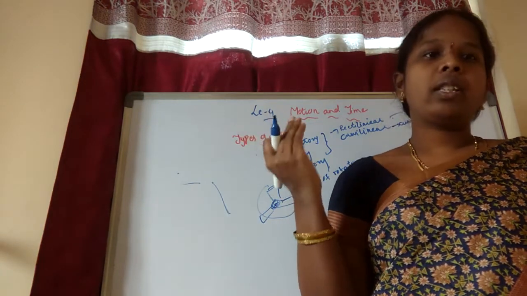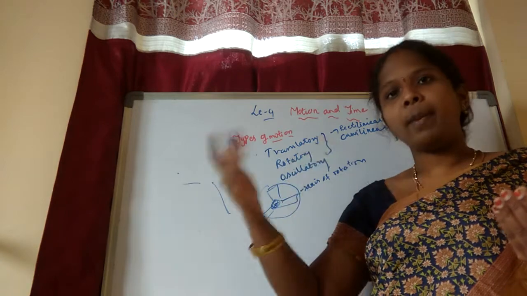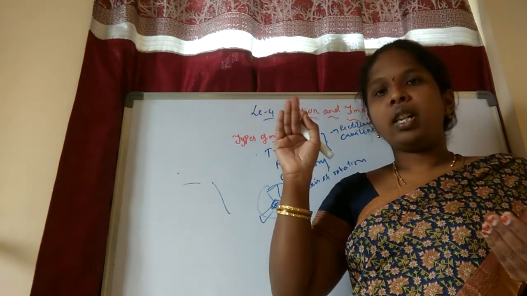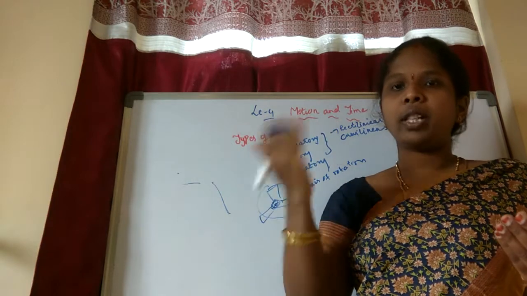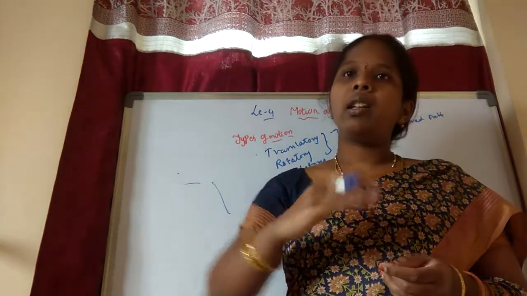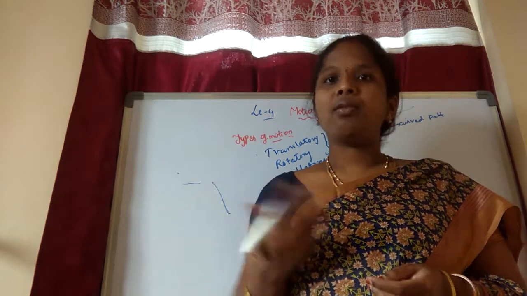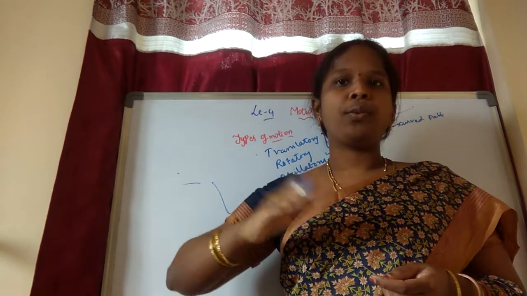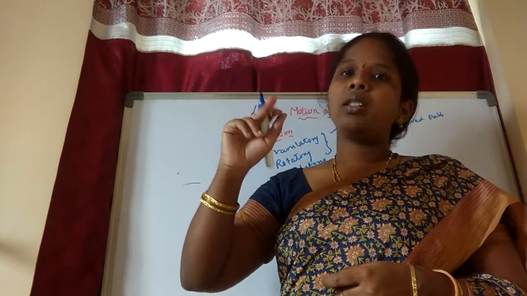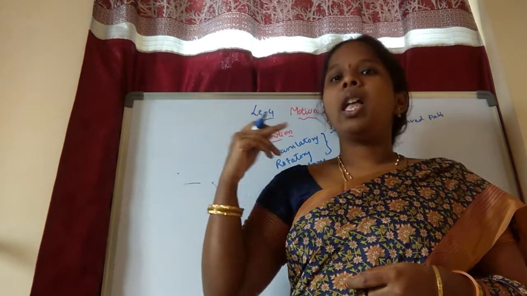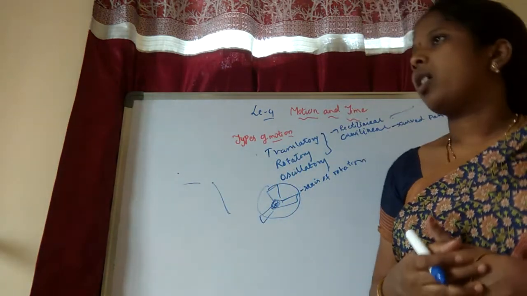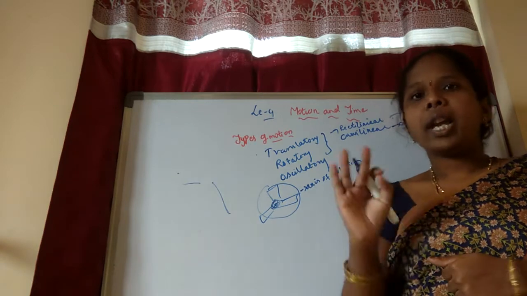For example, ringing of a bell: if you are going to the temple and ringing a bell, it comes to and fro, no? Like that. Motion of a car while taking a turn is not a to and fro motion, no? So that is wrong. Like that you have to tick for which it is oscillatory and mark wrong for which it is not. Well and good, we have completed the 3 types of motions.